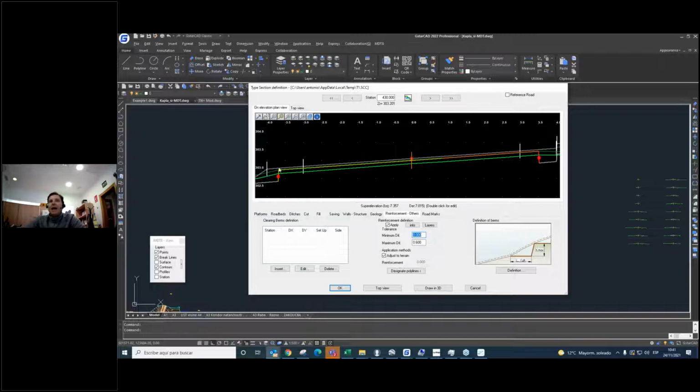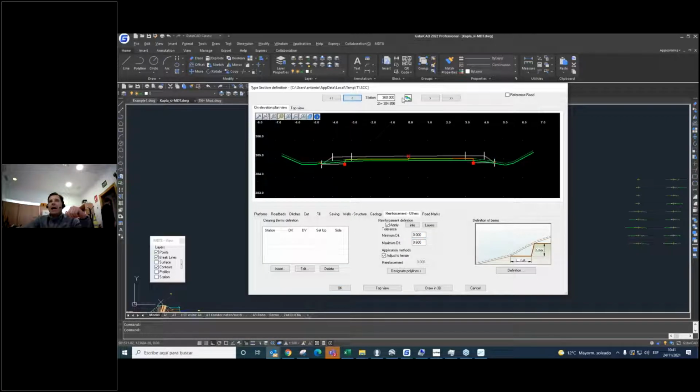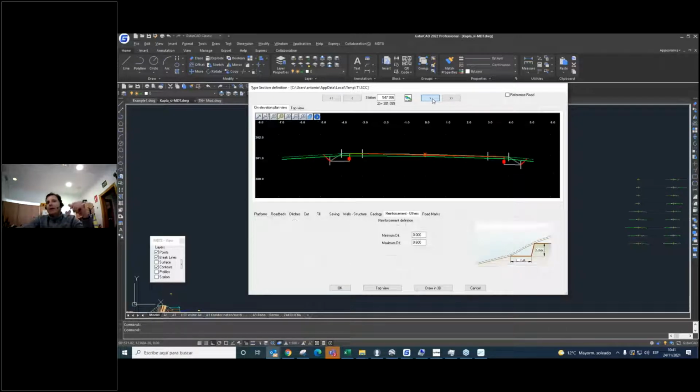In this case, it is the asphalt line in the old road. It is like this. Okay, so we can move along the road. Okay, we move to check how our new road is.